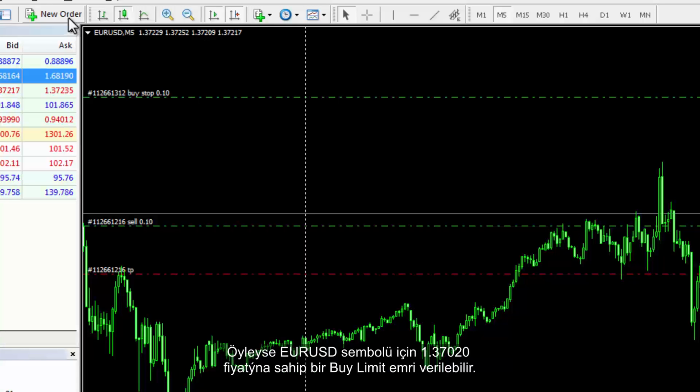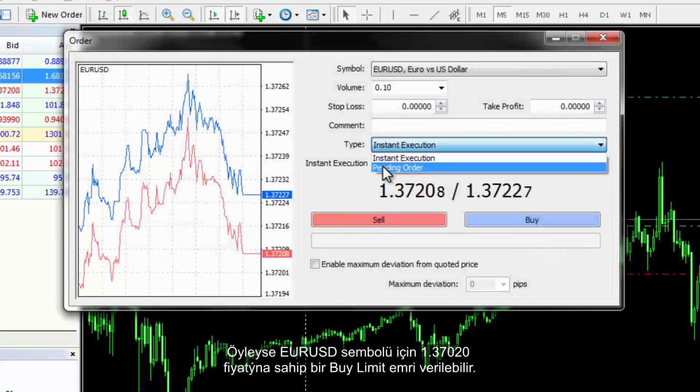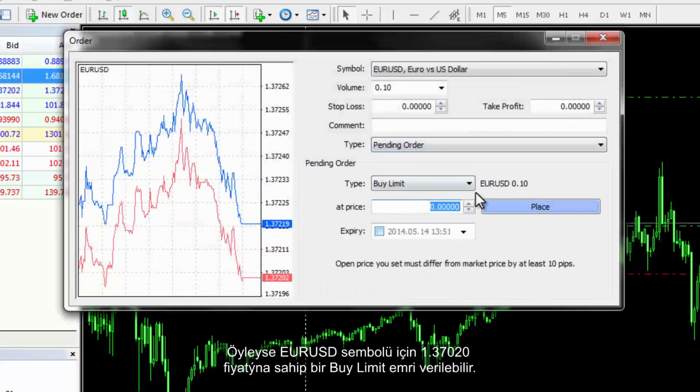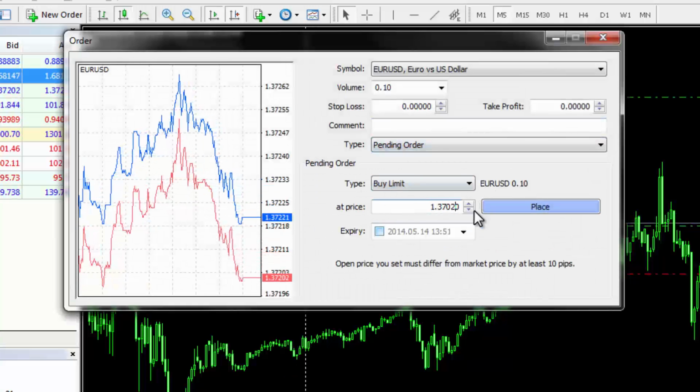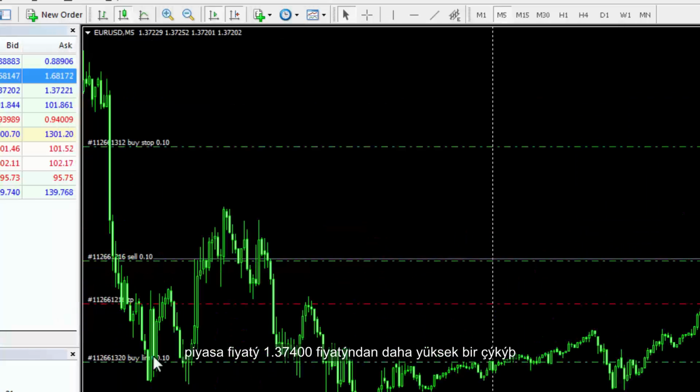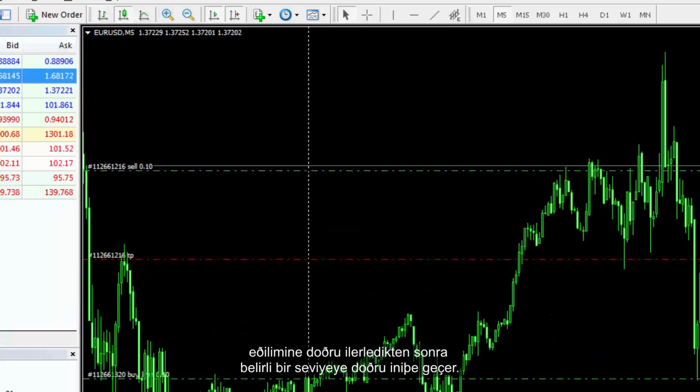So, a buy limit order with a price of 1.37020 can be placed on euro against US dollar. Based on the trader's predictions, market price would decline to a specified level, followed by a rising trend towards a price higher than